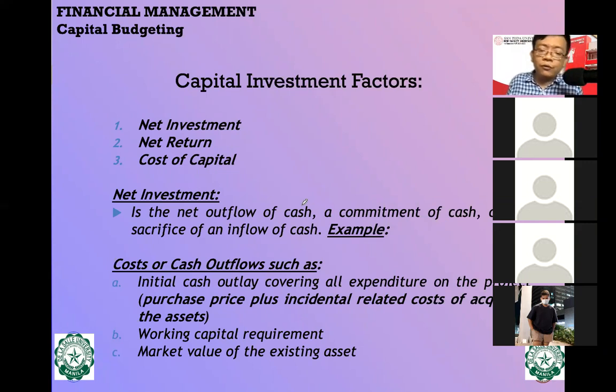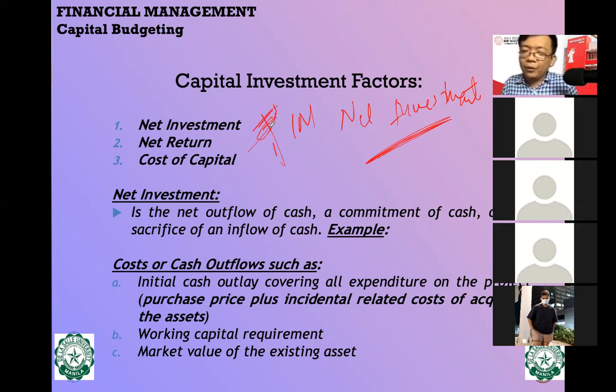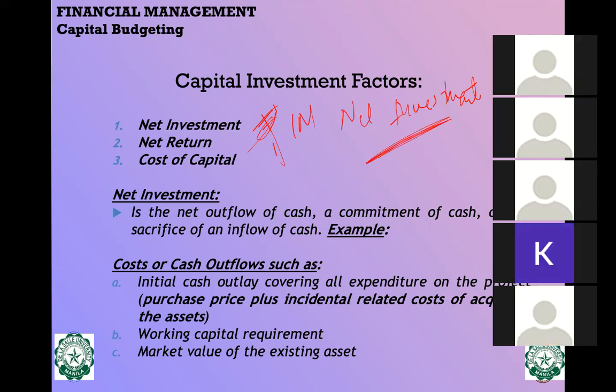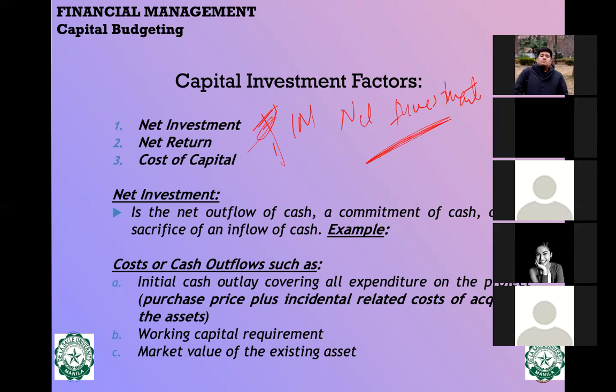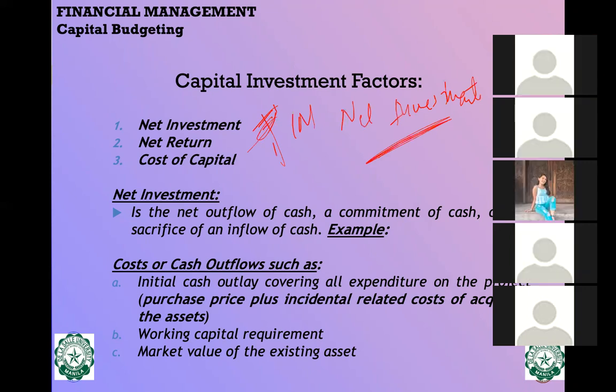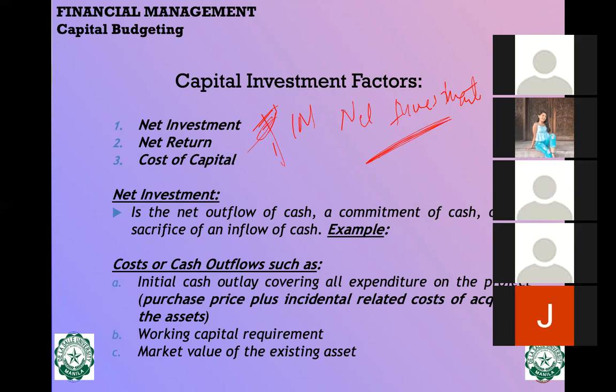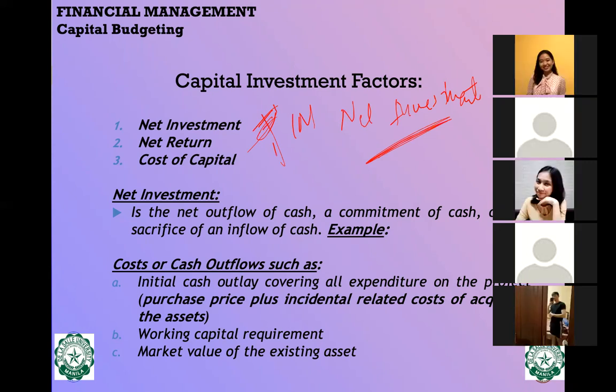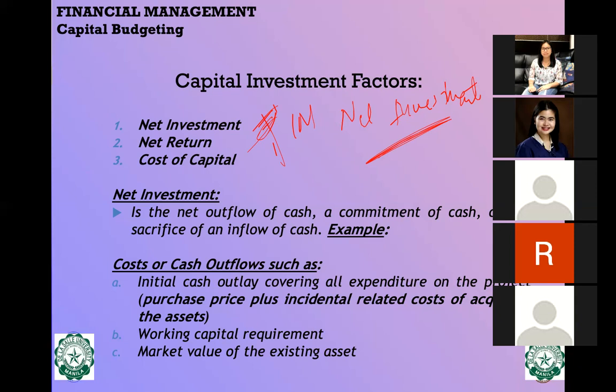Pero, hindi tayo nag-focus saan? Sa net investment, di ba? Para tayong diniscuss more about net investment. Basta alam natin, the purchase price is 1M. Pero wala tayong focus about net investment. Tama ba? Tama ba ako? Di ba? Yes. Tama ba, Elijah? Di ba? I did not focus more on that one. Correct? Hello? Yes. Alright. So today, I will focus now about that, about the net investment.